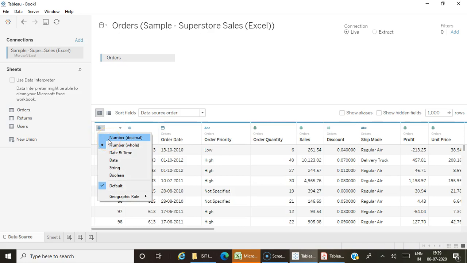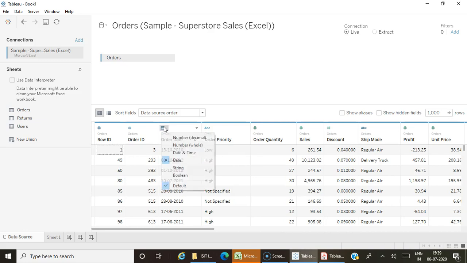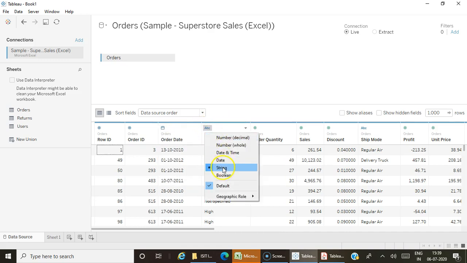So it can be either a decimal number or a whole number. Any numerical value will be denoted by hash symbol. In case of date value, if the date value has the default date as the type, then you can see the calendar symbol. Strings are denoted by ABC.